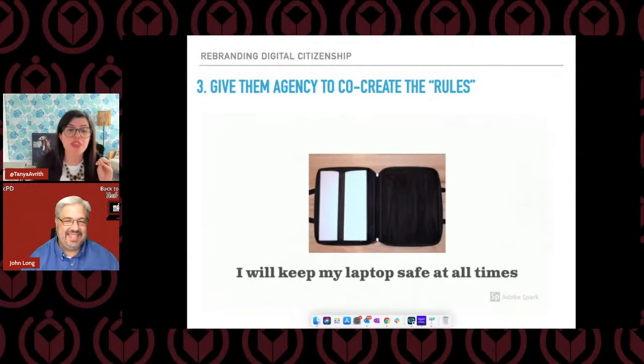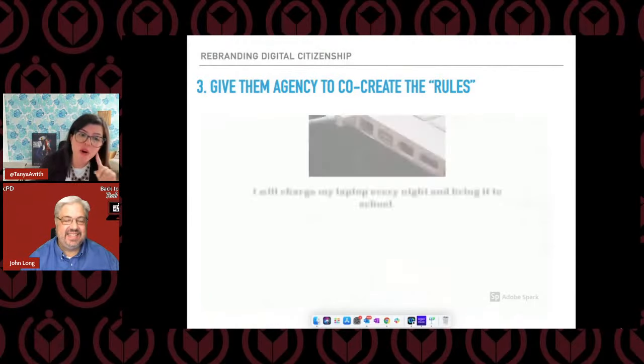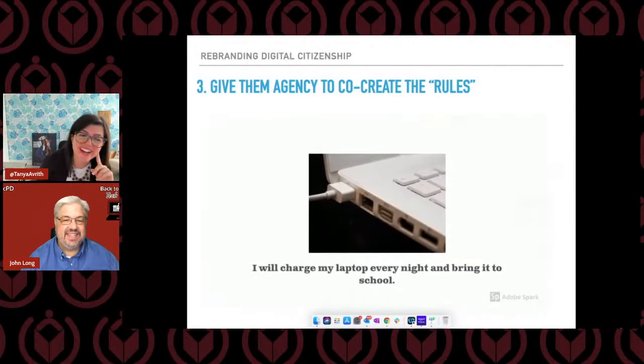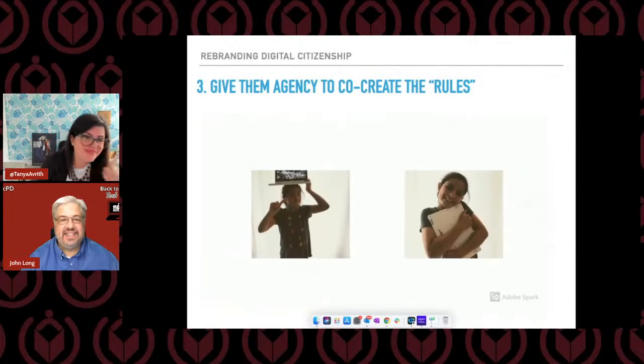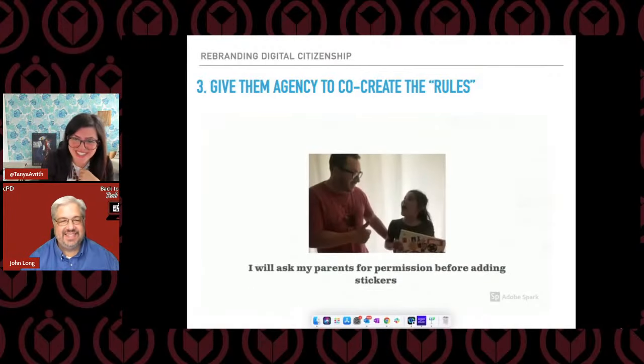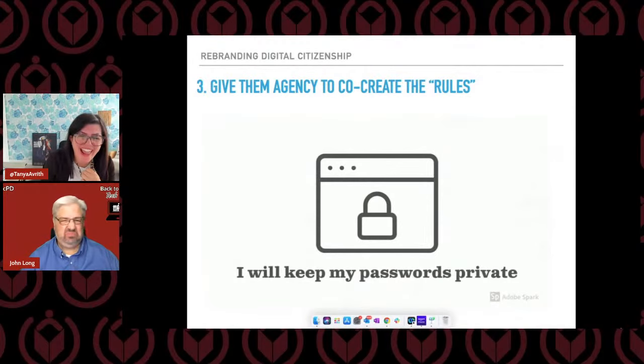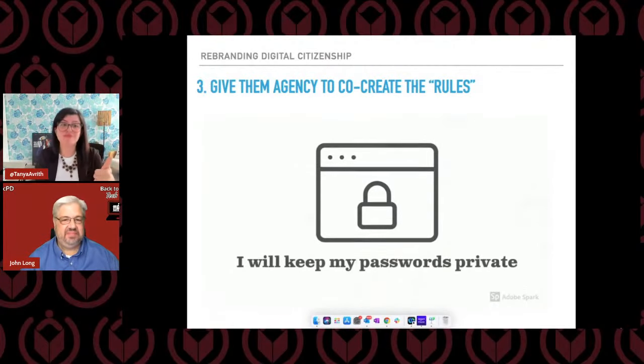I will keep my laptop safe at all times. I will charge my laptop every night and bring it to school. I will never put my computer on my head. Instead, I'll hold it in a hugging pose at all times. I will ask my parents for permission before adding stickers and wallpaper. I will always keep my passwords private.